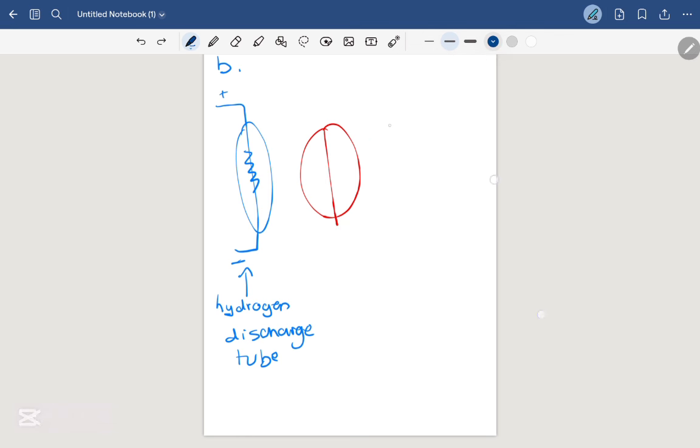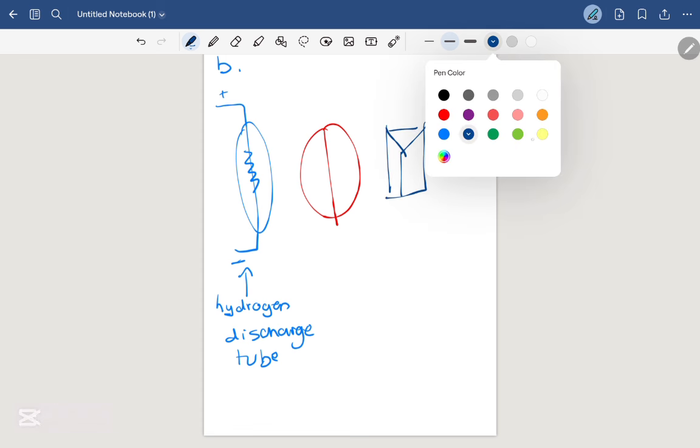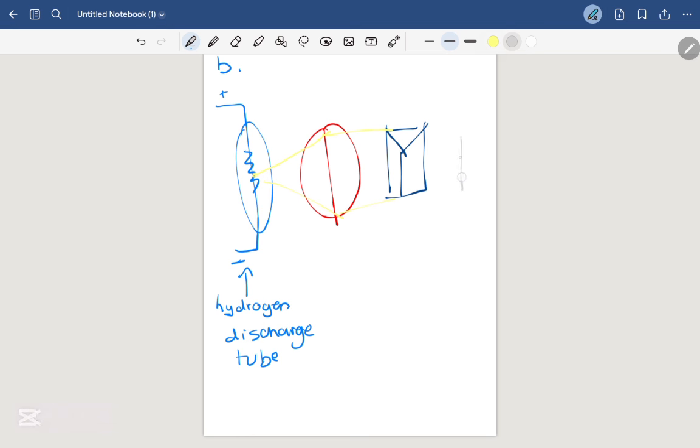We have a prism, right? And then what happens? We have light. Light will come from the hydrogen source. It will come into the slit. The slit will change it from unpolarized into polarized. And then it will pass into the